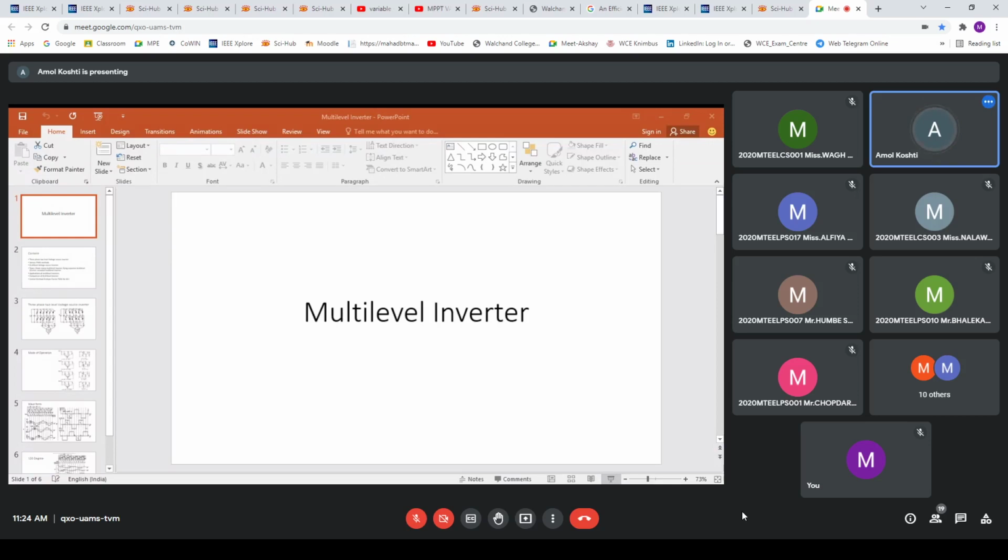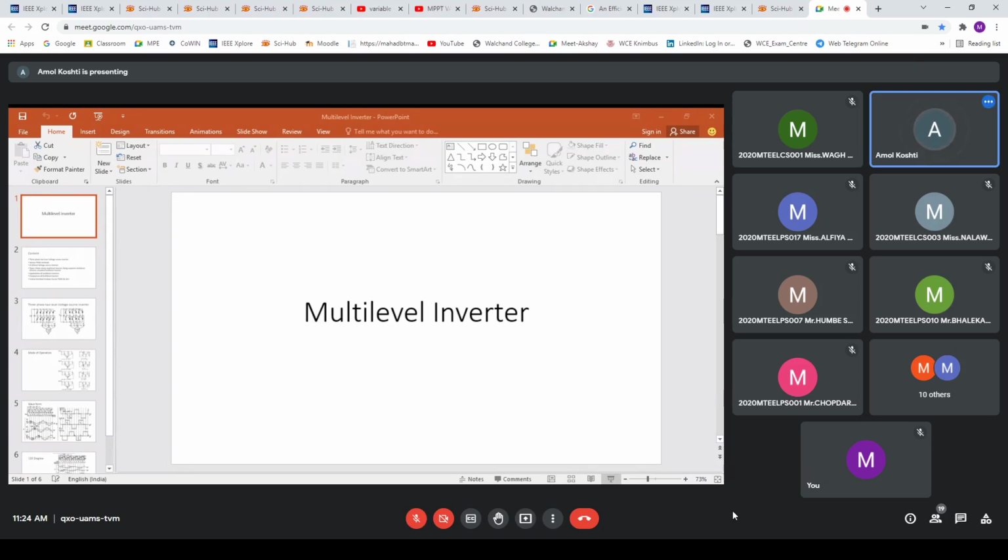In that rectifier, you might have studied the single phase as well as three phase rectifier and their controlling technique. Some of the content of the previous chapter might be similar to your BTech course. This may be a new concept to you, or some of you might have worked on it in your BTech project. This is our second chapter, multi-level inverter.